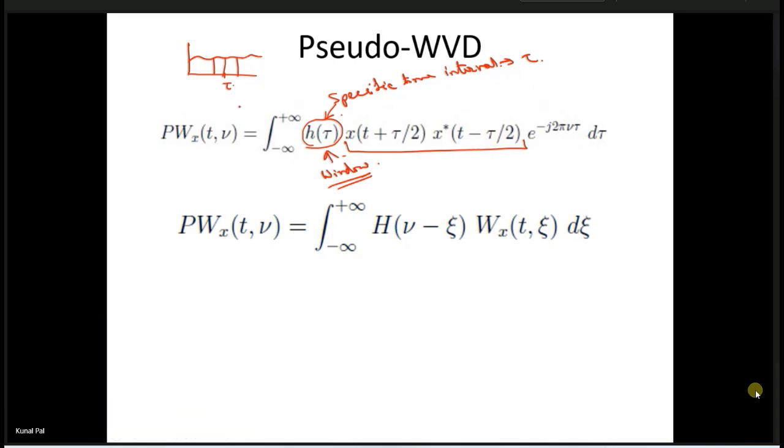So we are using just a particular window over here to do the correlation. So we are basically taking the correlation within a very short duration and across the tau, the dummy variable tau. Okay. Now the next one is just the frequency domain equation of the first one.